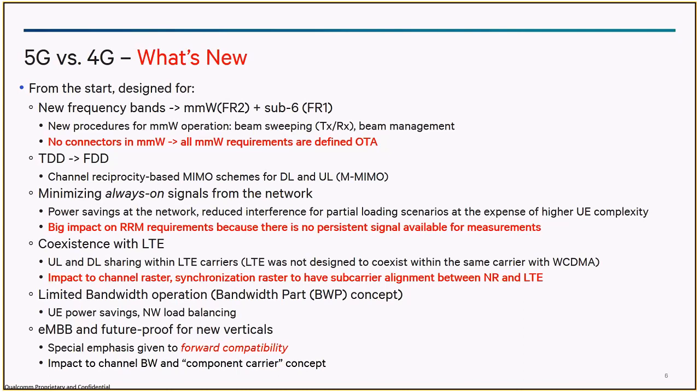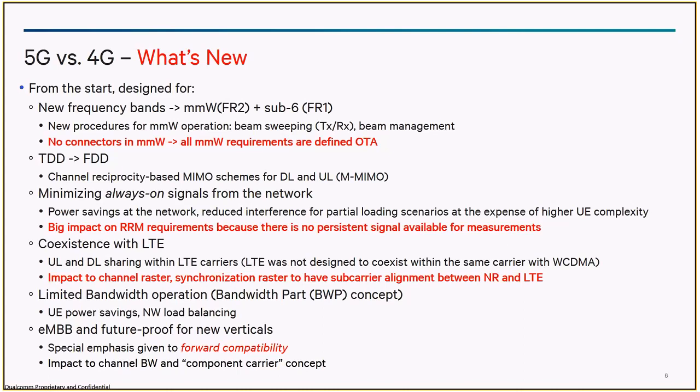Apart from that, LTE coexistence was planned, because of which there is a weird channel raster. Bands which support LTE as well use a channel raster of 15 kilohertz. But bands in FR1 which don't have LTE transmission supported use a channel raster of 100 kilohertz, and in millimeter wave you end up using a channel raster of around 200 kilohertz. So there are multiple configurations on the physical layer that a UE is supposed to support as and when it moves from one band to another band.